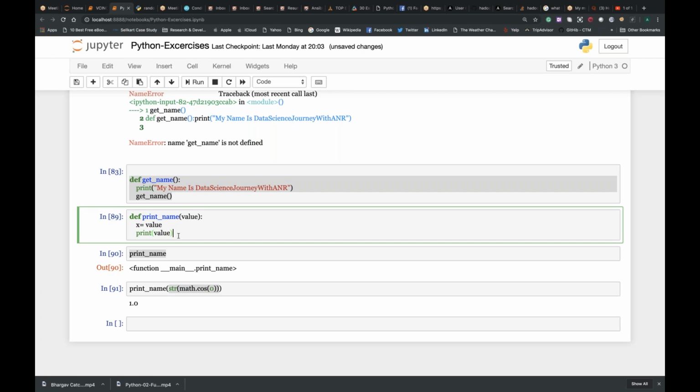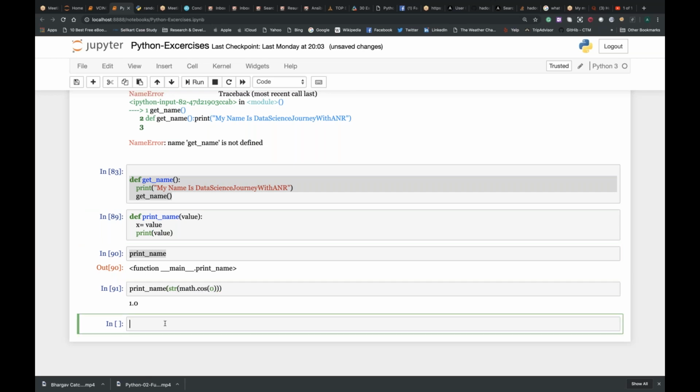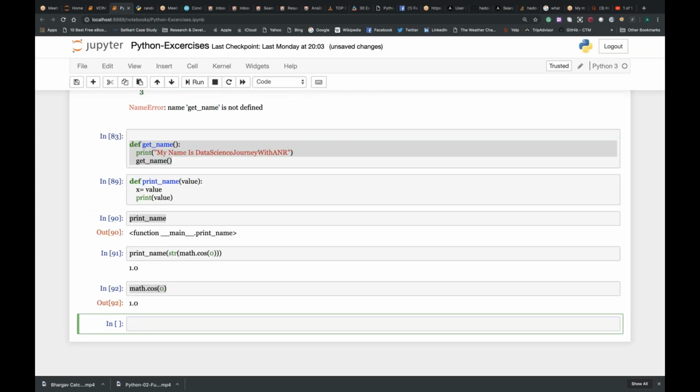I repeat it. First of all, math.cos of 0 is 1. That is again converted into string of 1 as print_name. Now, let me try this way. math.cos of 0 is 1.